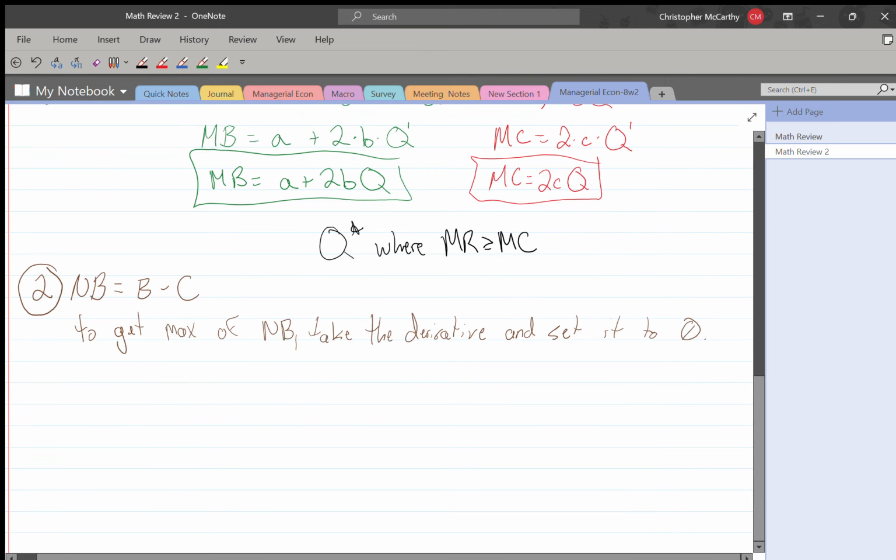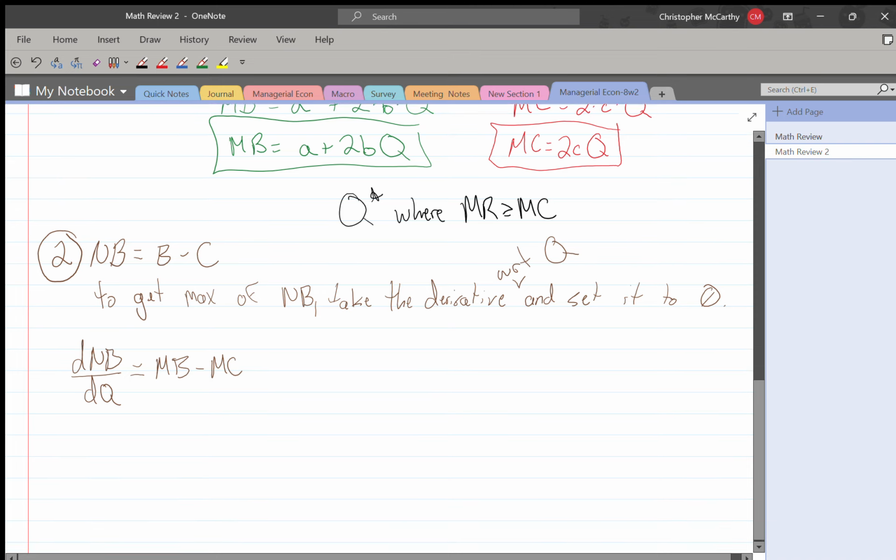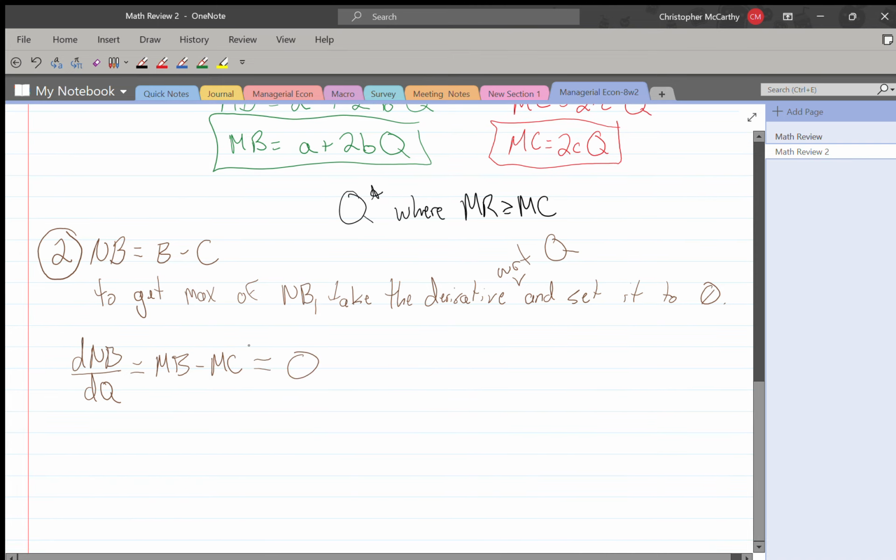And so we need to take the derivative of this thing. The derivative is with respect to Q, that's our only variable, so of course it's with respect to that. And so the derivative of the net benefits, it's not a partial derivative, pardon me, the change in the net benefits over quantity is just going to be equal to our marginal benefit minus our marginal cost. And so if we're setting this equal to 0, and then